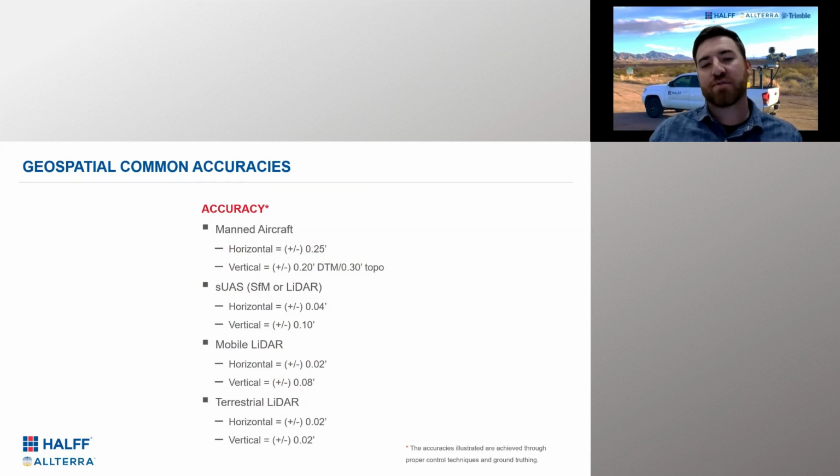So always have to wrap up with accuracies. Obviously, this is only as good as the survey that you set. Are you running levels through it? How long did you run your base? How many times did you check into your control? I mean, there's a lot that goes into it, but generally speaking, here are some values of what we expect